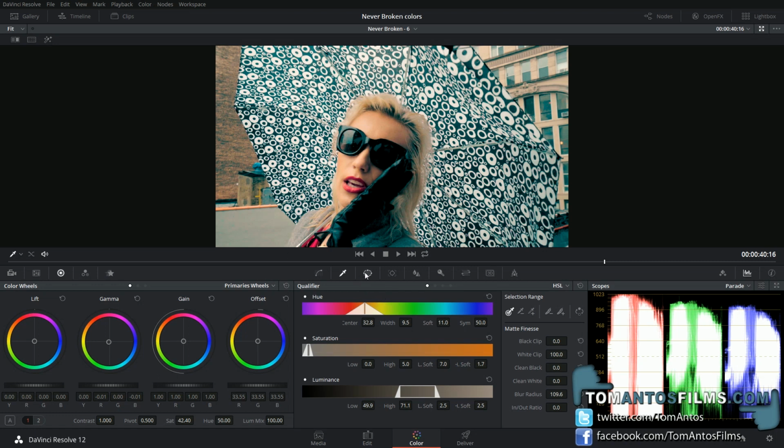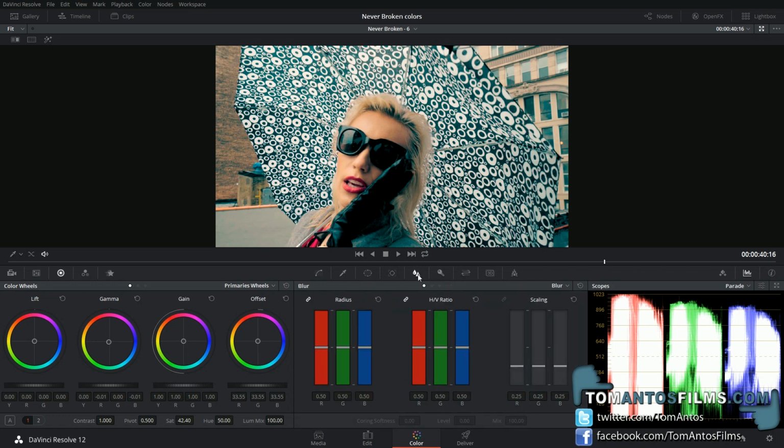Another cool thing you can do is, for example, go here to blur, and you have different options: blur, sharpen, and mist. Let's say you have a singer, or a subject, that has acne or some skin problems, and you want to hide that. Well, you can do that by applying a little soft blur, and you apply it just to the skin tones, or the area that you selected, without making the whole shot look